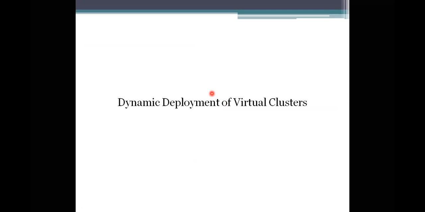In the previous session, I described what a virtual cluster is and why we are using virtual clusters. Here we have 4 different types of virtual clusters, and how they work will be explained here. I'm taking 2 different examples, 2 different projects used by Duke University and Purdue University, which execute these things in a multiple virtual clusters environment.